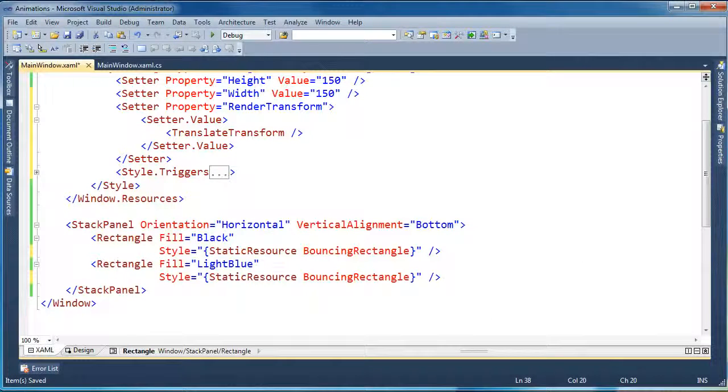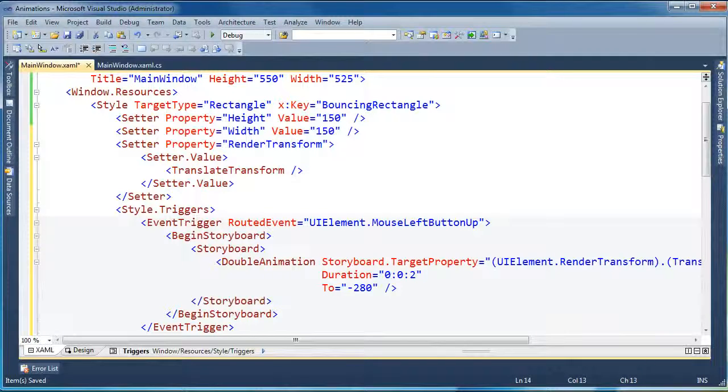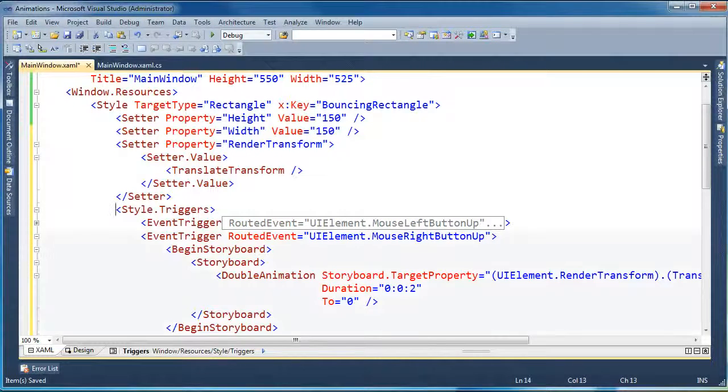And now our XAML is really clean. We've just set a different fill for each one. They both share that same style, and the style is enforcing a handful of common properties: the height, the width, the render transform, and a set of triggers. So now that I've moved these triggers up into the style, they can be shared across elements for every element